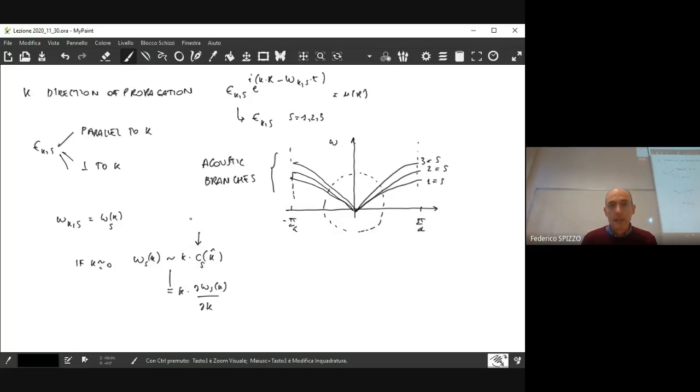So c in this case, for small values of k, is actually the speed of the sound that propagates through the solid, and that speed can be evaluated by taking the derivative of omega with respect to k. And if you remember, this expression represents the case where you have not a single wave, but a combination of waves that moves through a medium. The derivative of omega with respect to the wave vector is the group velocity. So that derivative there is the group velocity.